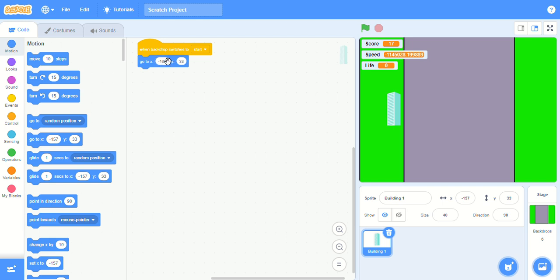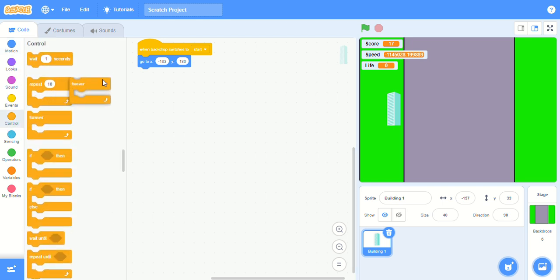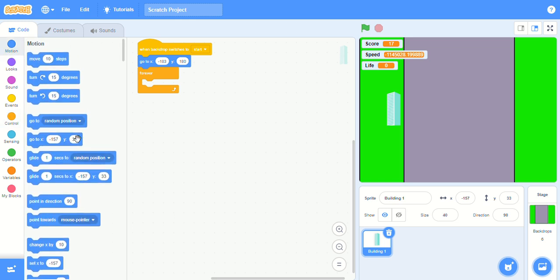And then we're going to type into Y 180. Okay, and then we're going to click on forever block. Forever block. Forever change Y. If you click on Y, you could say like